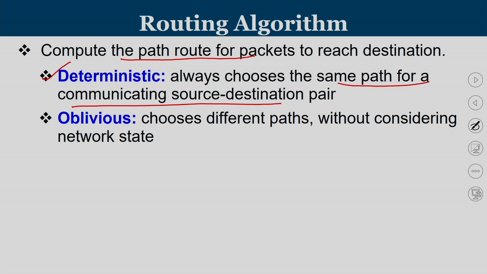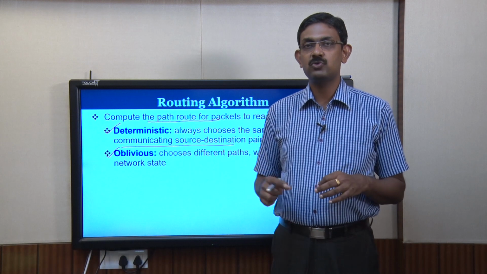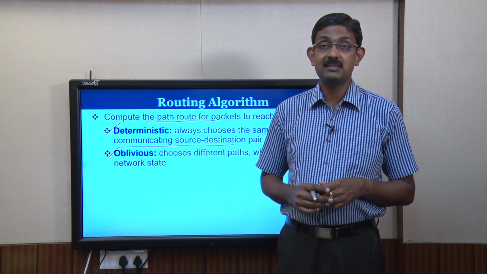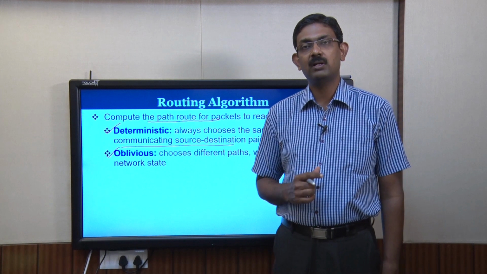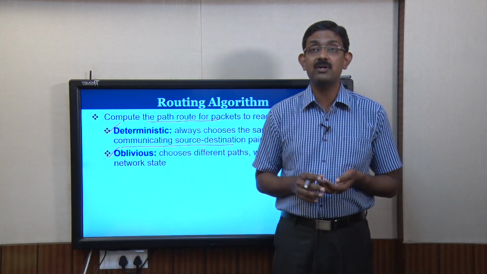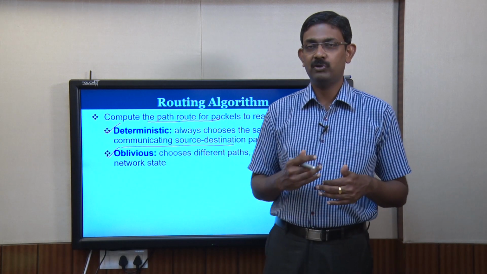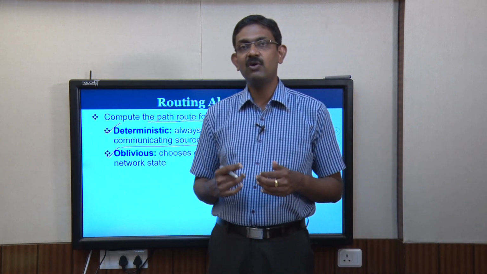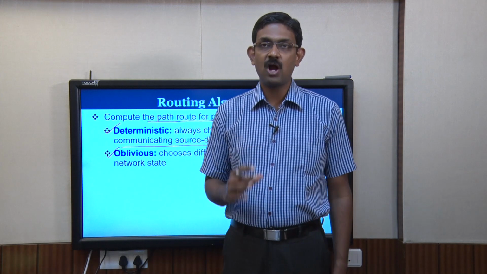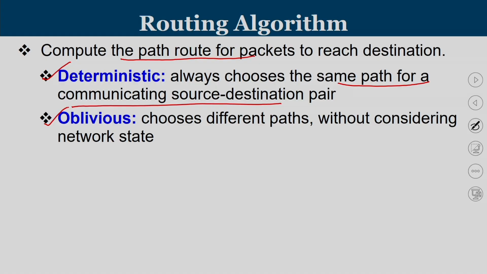Another category of routing is known as oblivious routing, where there may be multiple paths between a pair of tiles A and B. Every time we may choose one among the many paths, but that path selection is not based upon current network status. So, we cannot call it dynamic; we are trying to exploit path diversity. First time I may use path A1, second time I may use path A2, for the third packet it may be A3, but the selection of A1, A2 and A3 is not dependent on the runtime traffic, but it is slightly better than deterministic routing.